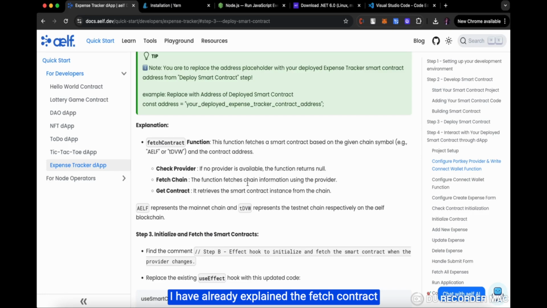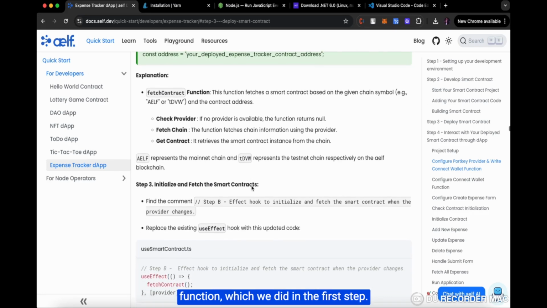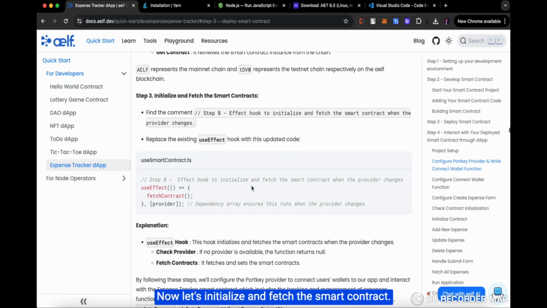I have already explained the fetch contract function which we did in the first step. Now let's initialize and fetch the smart contract. So now we need to use a hook to fetch the smart contract. We have written the function to fetch the smart contract, but we need to use the hook in the React application. So now we will go to step B inside the same file,